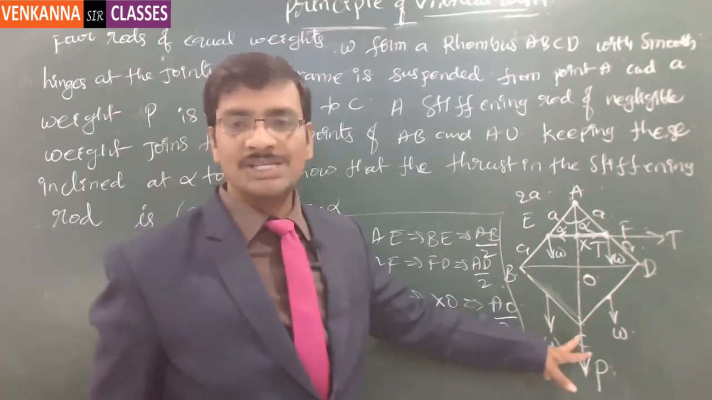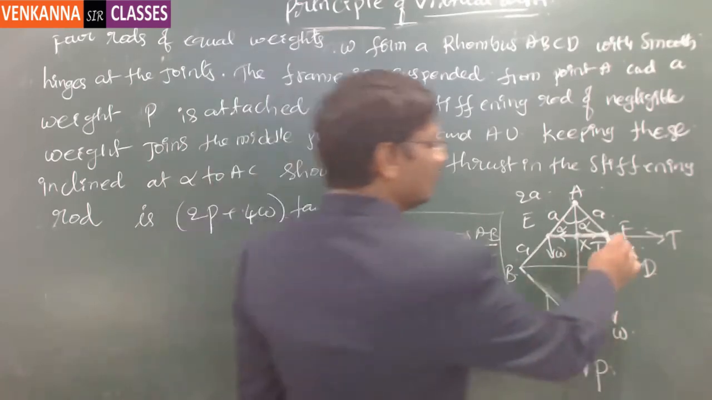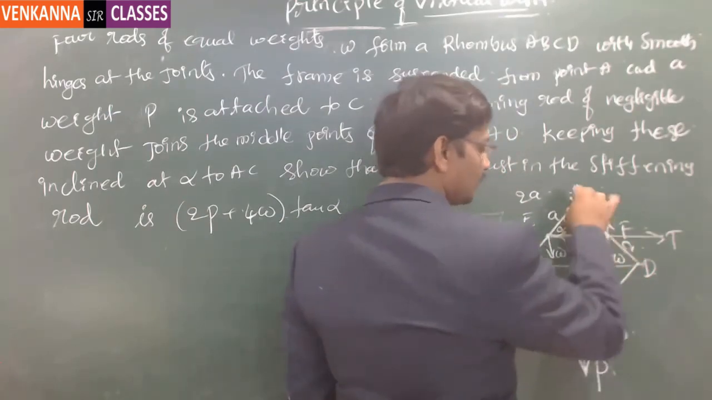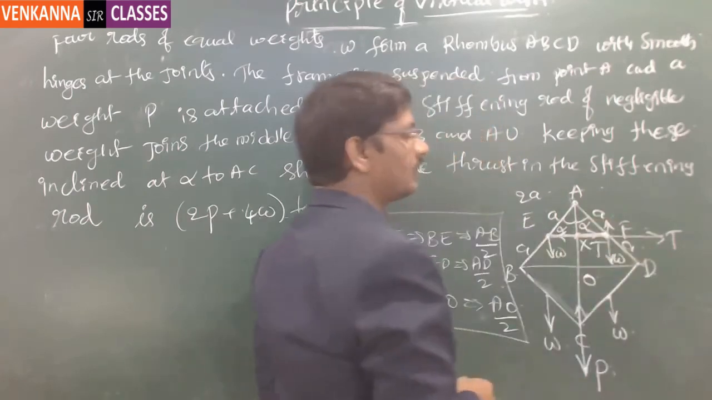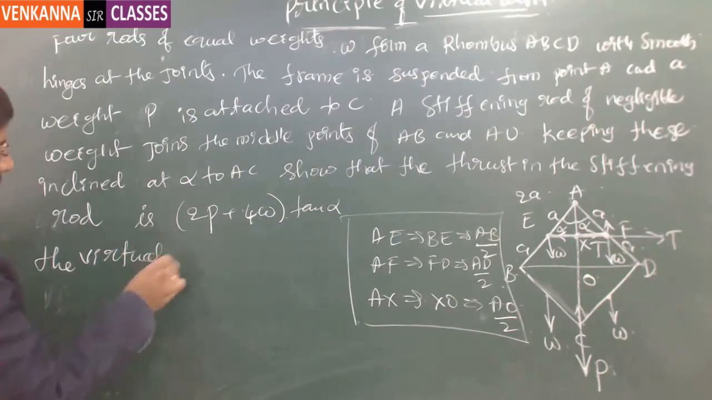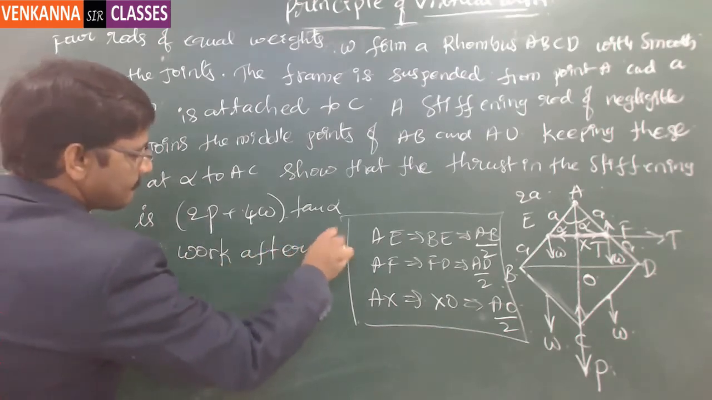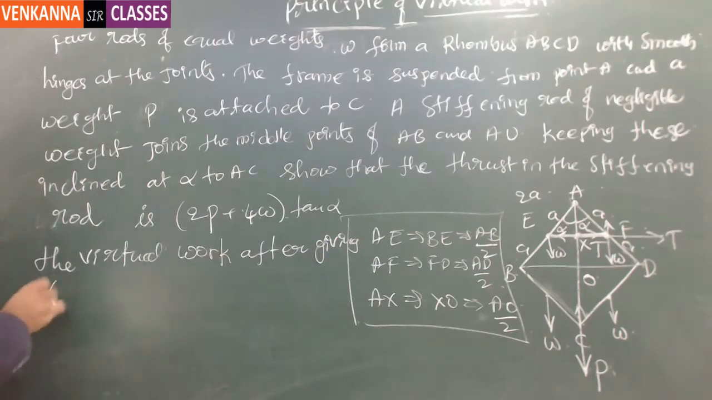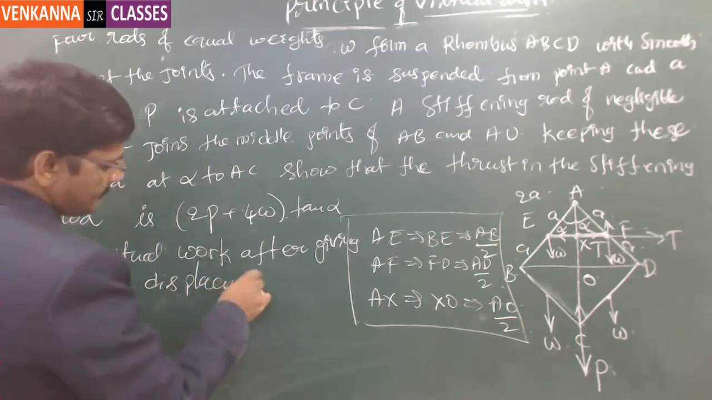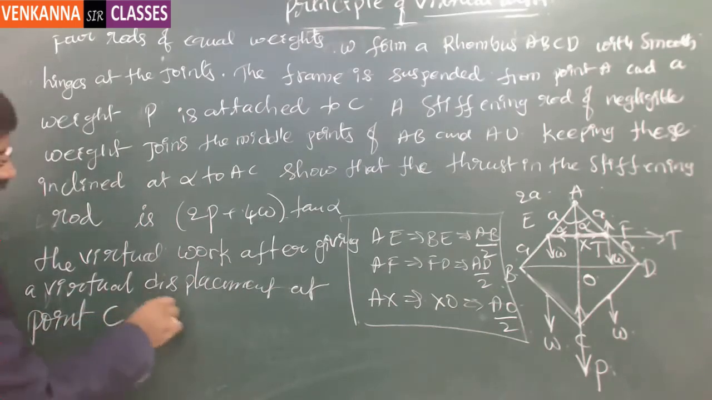Now when you give a virtual displacement at this particular point, every point is going to be moved. Now if you notice, the height that is incurred because of the virtual displacement given at this location will be subjected to the length of this particular length, right? So now if you notice the virtual work after giving a virtual displacement at point C will be given by,